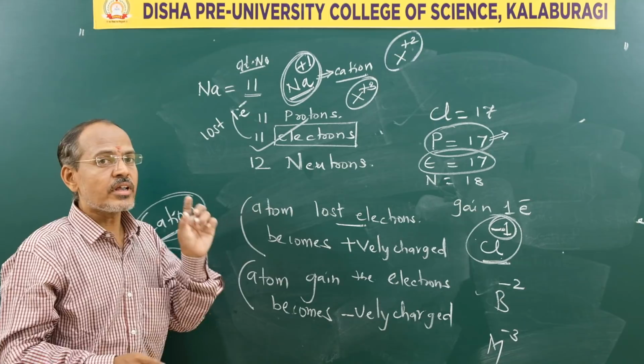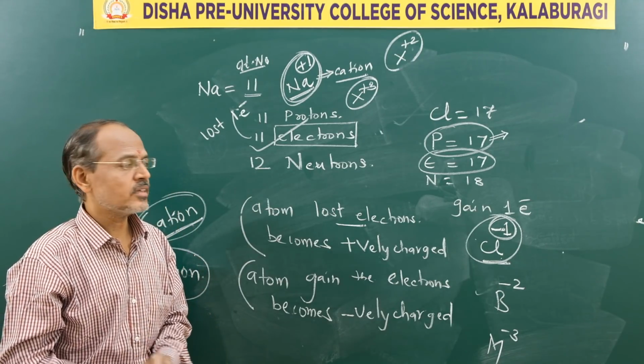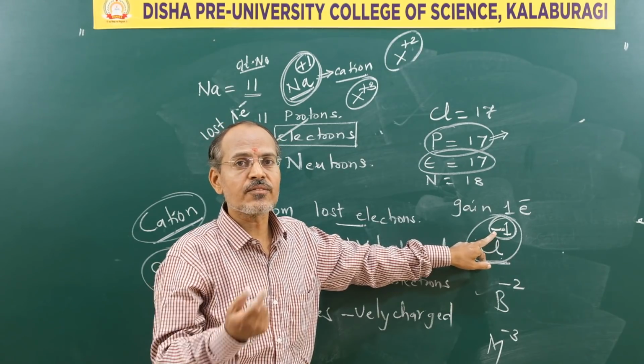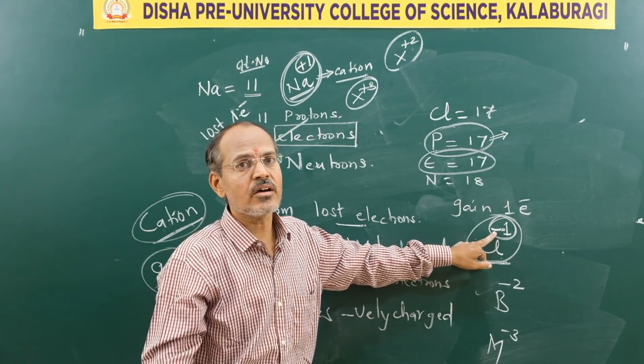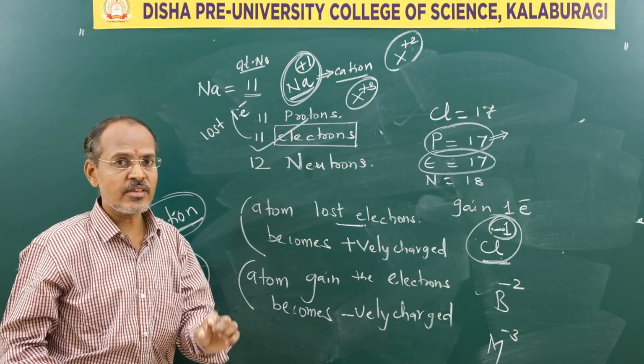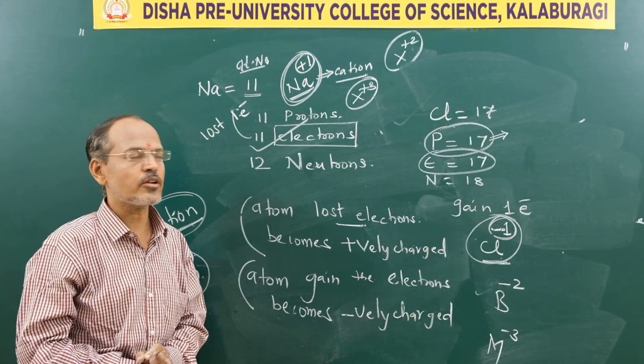Okay, now what is oxidation state then? It is the state of an atom after the loss or gain of electrons. So that is about the valency and oxidation state.